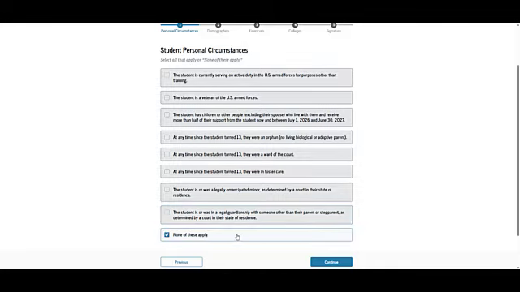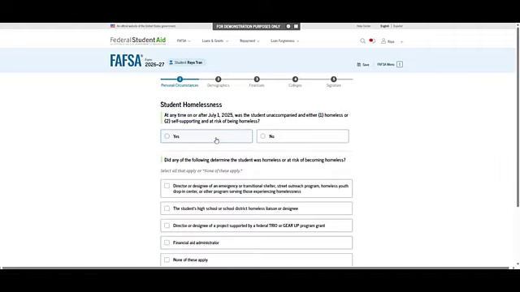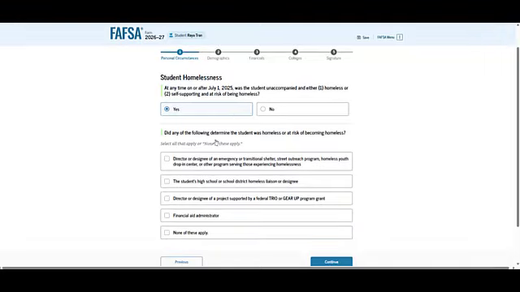If none of these apply, then they move on to one last question in this series, and that is student homelessness. At any time on or after July 1, 2025, was the student unaccompanied and either 1, homeless, or 2, self-supporting and at risk of being homeless? For your knowledge purposes, I'm going to select yes here. And I want you to see, did any of the following determine the student was homeless or at risk of being homeless? So if this is a situation you, the student, or as an advisor, your student could potentially be in, it's something important to note that we are looking for here